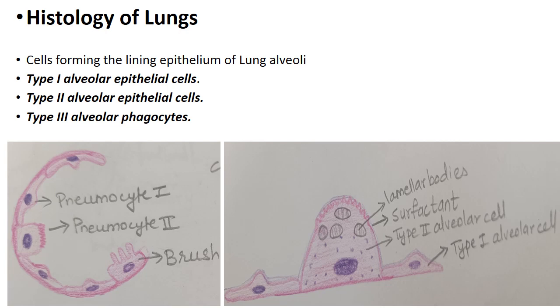They are round secretory cells. They have lamellated bodies. They bear microvilli on their free surface, and they secrete pulmonary surfactant which is rich in dipalmitoyl phosphatidylcholine. The function of surfactant is to reduce the surface tension and prevent collapse of alveolus during expiration. These type 2 pneumocytes multiply to replace damaged type 1 cells, and similar fluid is also produced by Clara cells